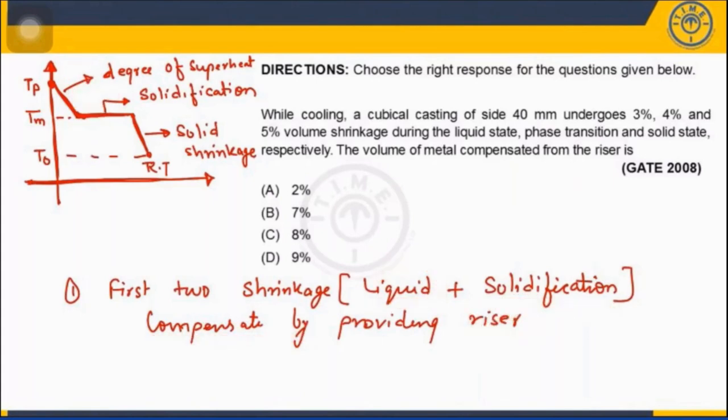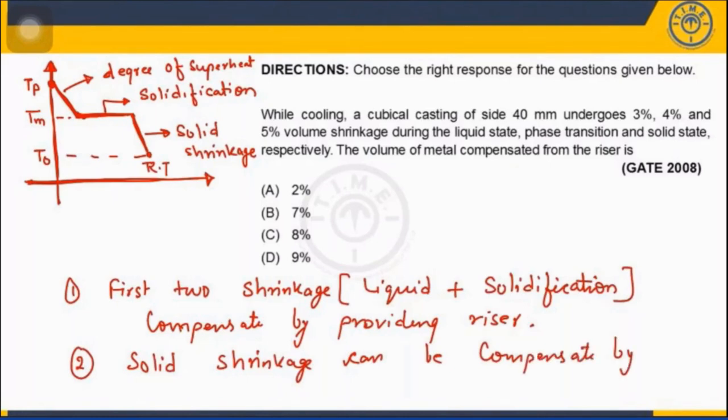That means it can be done by the riser only, riser volume. But the third type of shrinkage, which is the solid shrinkage, can be compensated by providing allowance on the material,